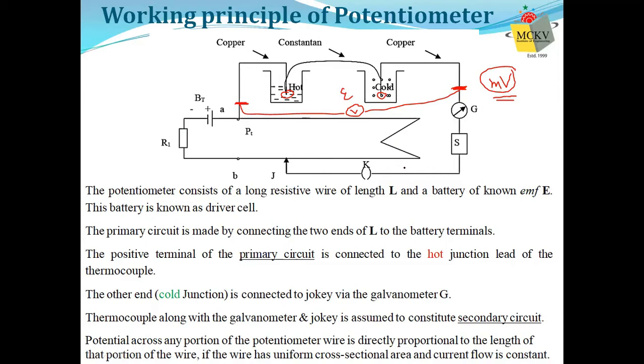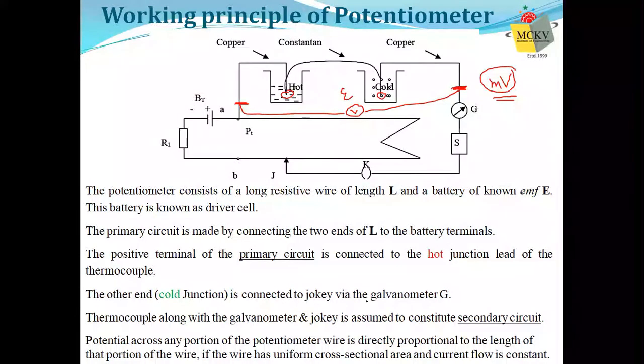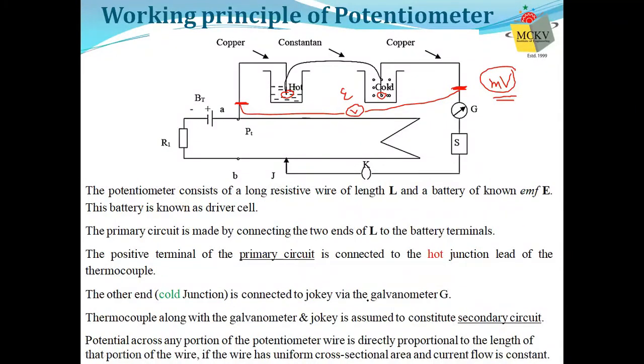In your class 12 high school physics, you have studied what a potentiometer is and why a potentiometer is preferred over a voltmeter. In situations where we can use a potentiometer, we should always use a potentiometer instead of a voltmeter. Where we cannot use a potentiometer, there is no other choice, we have to use a voltmeter. But here we have a choice. So let us use a potentiometer and see why a potentiometer is better than a voltmeter.